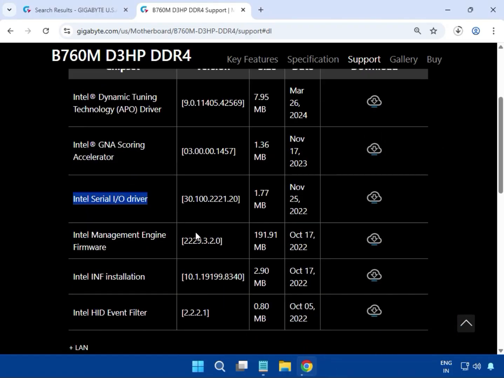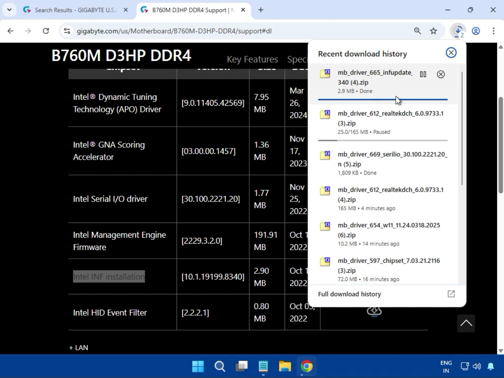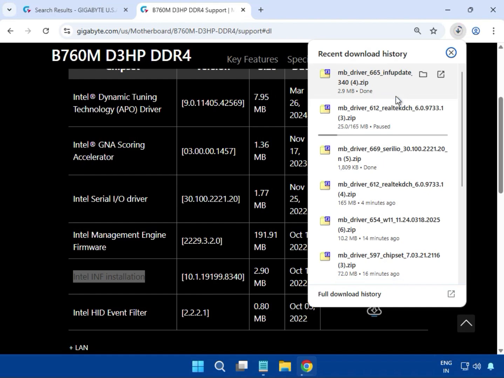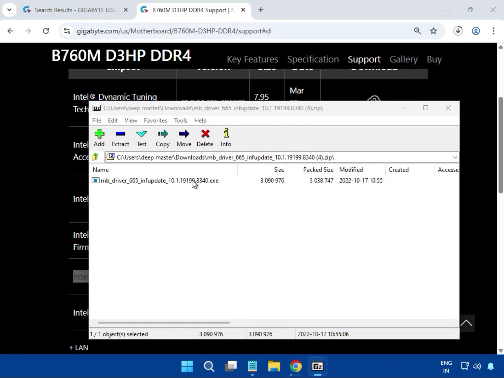One more, try this one, the INF installer. Just click to download. This is the download icon, and you can see the download starts, and perfect. Now this is downloaded, so open it. Again, double click on the exe,